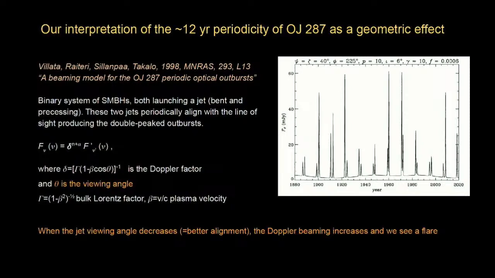This comes from the fact that the flux that we observe depends on the emitted flux by some power of the Doppler factor, and the Doppler factor depends on the viewing angle. So when the jet viewing angle decreases, the Doppler beaming becomes stronger, and we see a flare in the